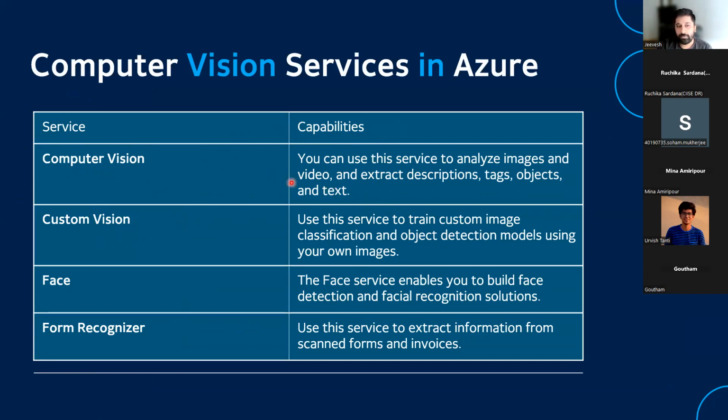If you're using a pre-trained model, you're using computer vision. Computer vision has multiple sub APIs where you can detect text, where you can detect information, where you can detect what is happening, how it is happening. For example, someone is riding a bicycle, so that is the task, that is tags. You can have descriptions, you can have objects, you can have text and all that stuff. You can also have the X, Y, W, H coordinates, so from where to where is the face and things like that.